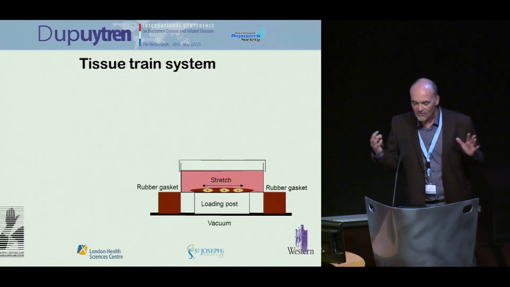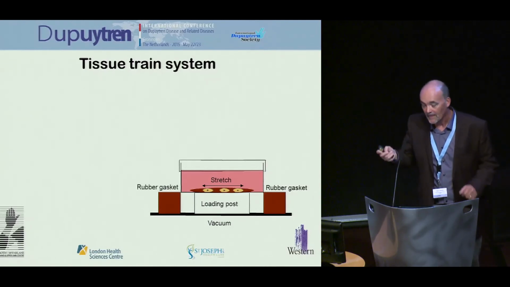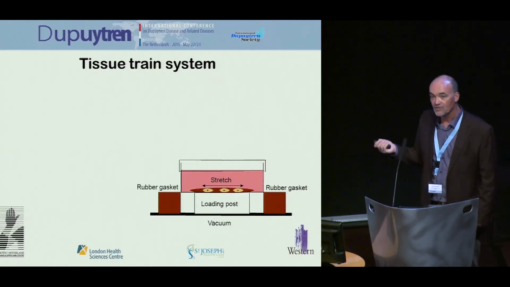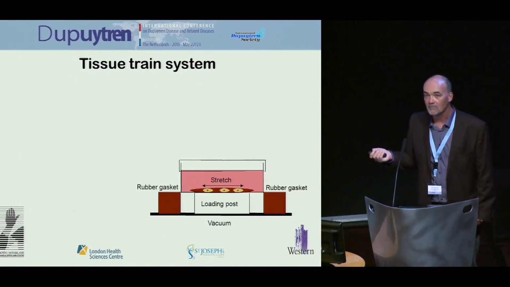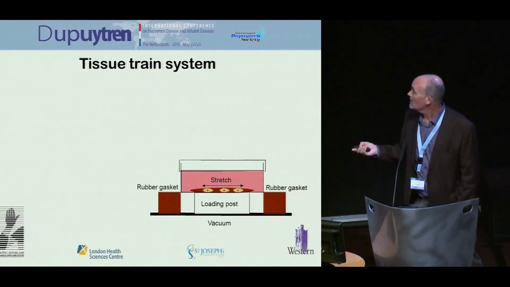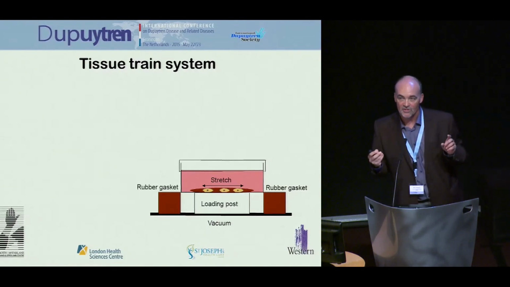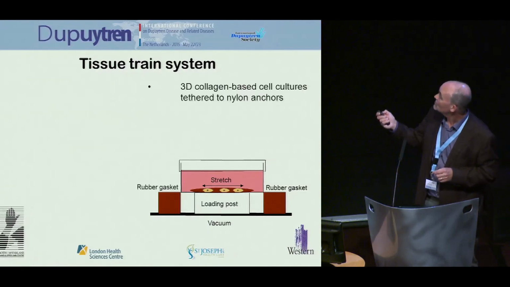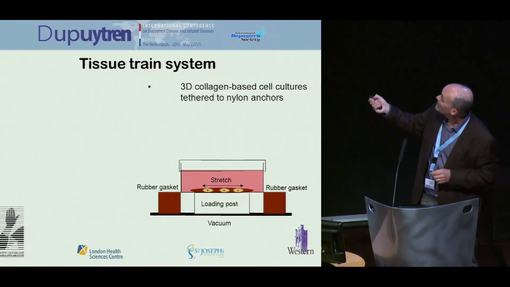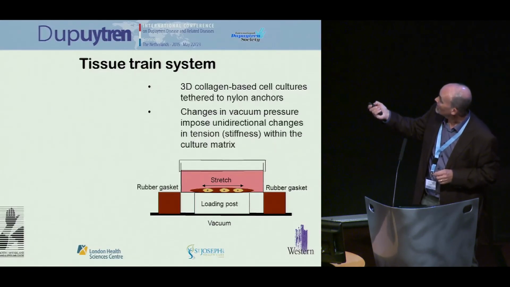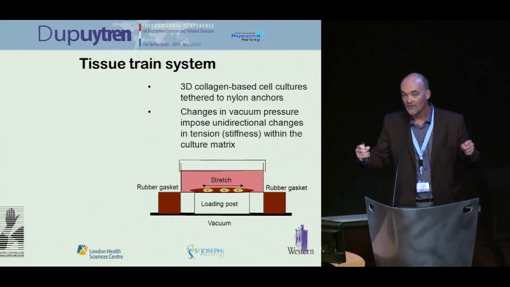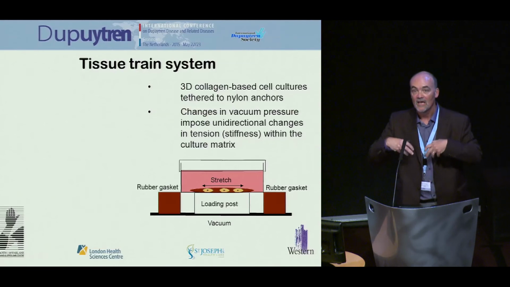Now, by this time, we'd moved into something a little bit fancier. So we're now using something called a tissue train system. It's far from optimal, but it's better than nothing. Essentially, what it does is create a three-dimensional, essentially mini Dupuytren disease cord. It attaches to some little tiny nylon anchors. It's three-dimensional collagen, and we apply vacuum pressure to it to impose either cyclic or static stress,